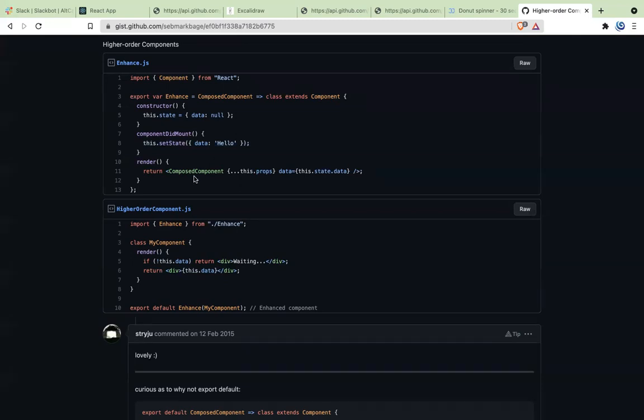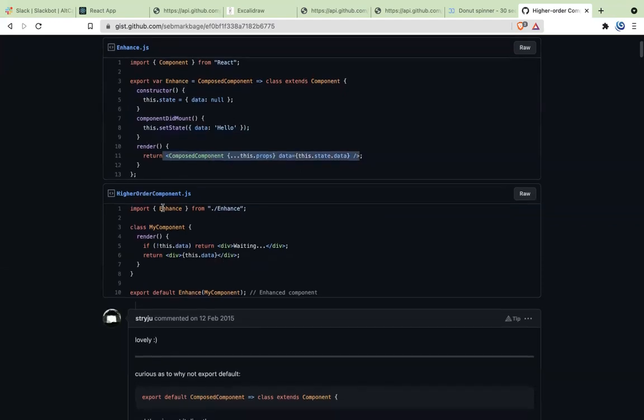But what you do here is, this is your component, so you can take a look at it. You have a function, so you start from here. You have a variable called enhance that accepts one parameter, that is component, and returns what? It returns a class component from here. It accepts any random component, and whatever logic you have, it is just passing inside that component.